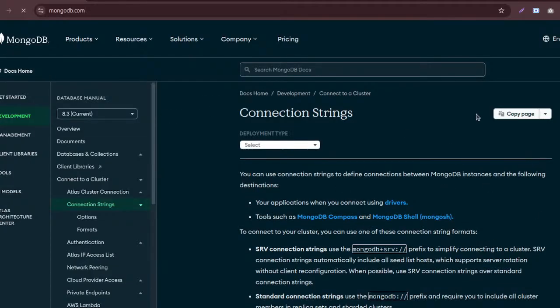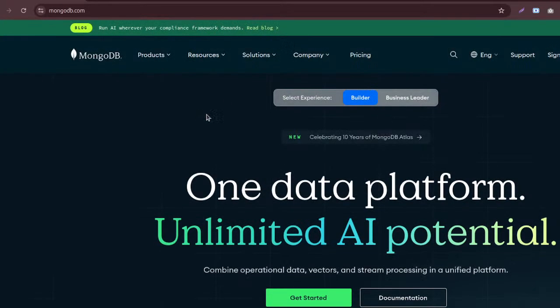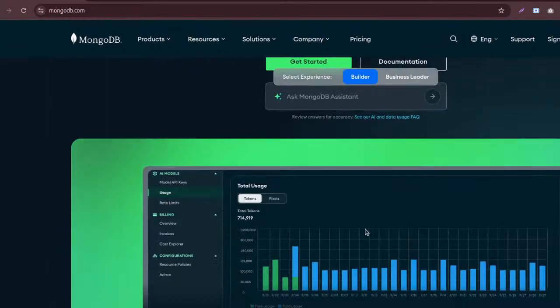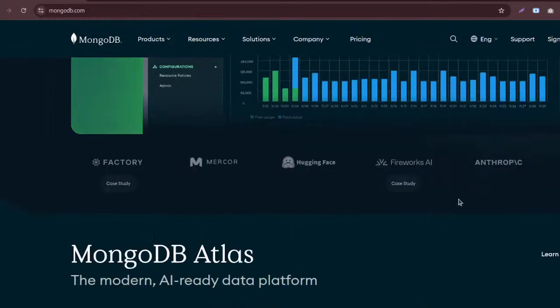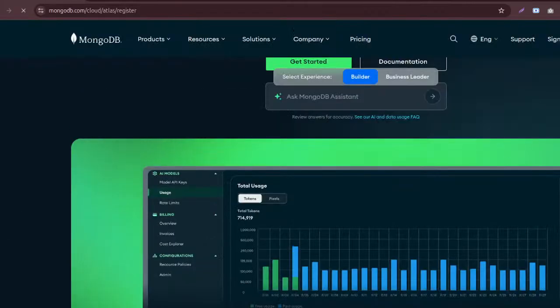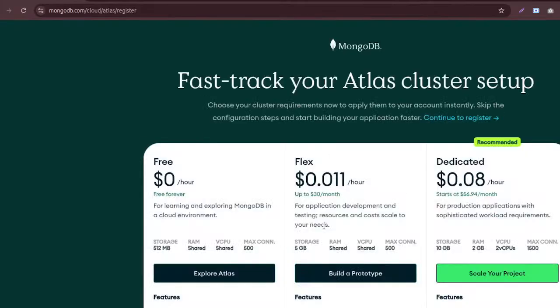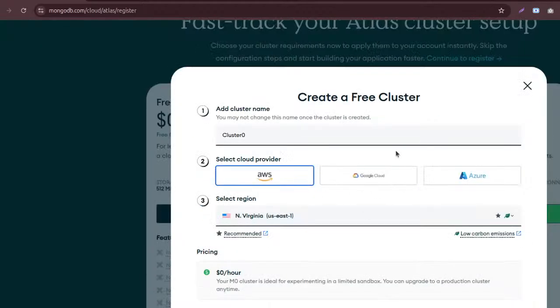You can create your string there. The point is that I can't show how to get this due to security issues, but you can go get started. There is Explore Atlas. Yes, we need this. It's asking for a cluster name. Cluster name is nothing, you can just use something simple.